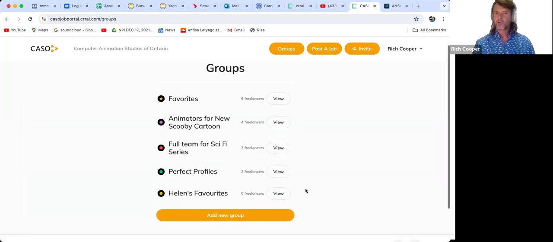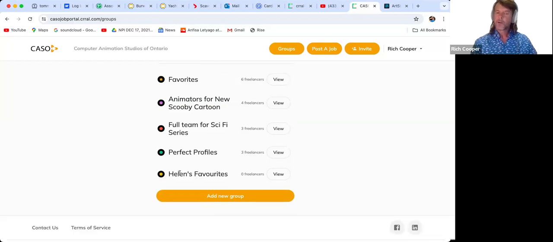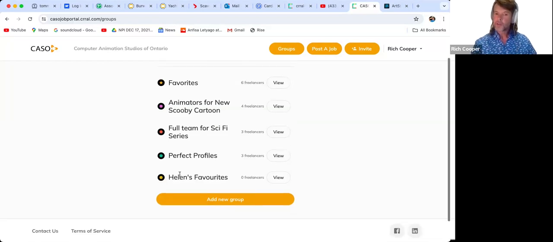You can also, your studio or company probably has at least a few senior people that are very well connected. They have their own groups of favorites. So you can share your studio account. Everyone can log on with the same email. And then the other people can create their groups of favorites.